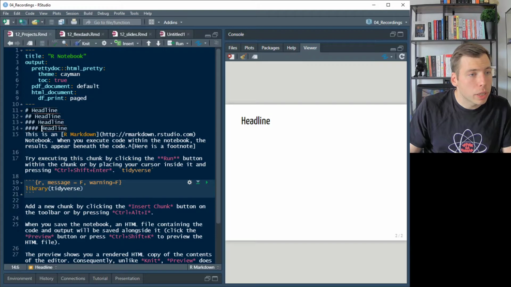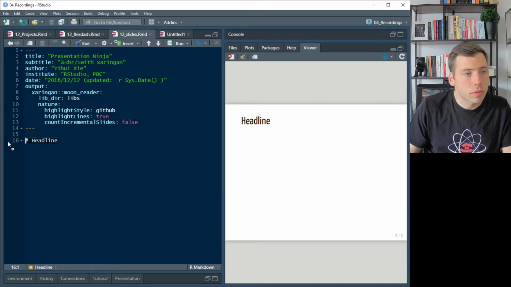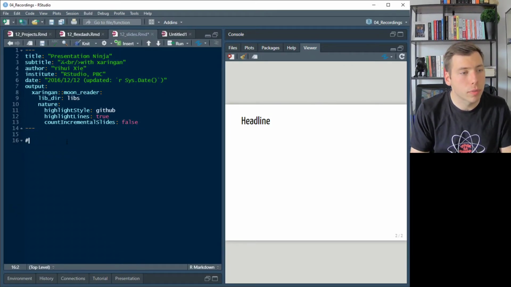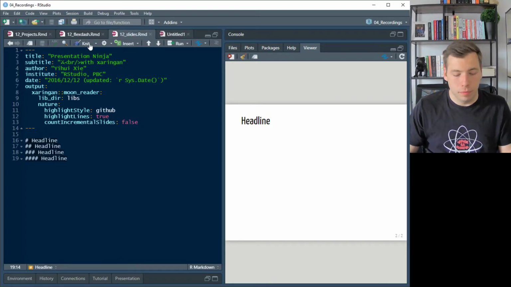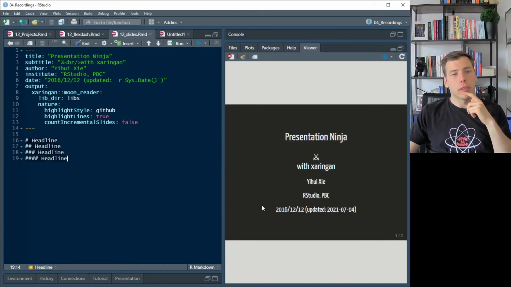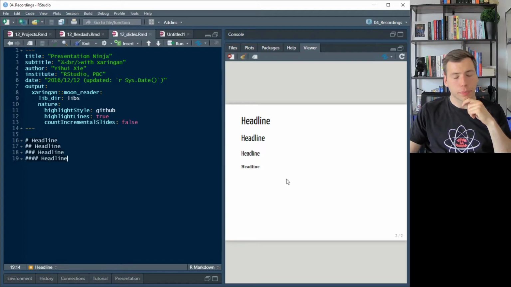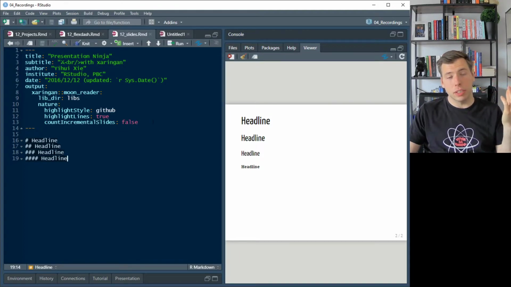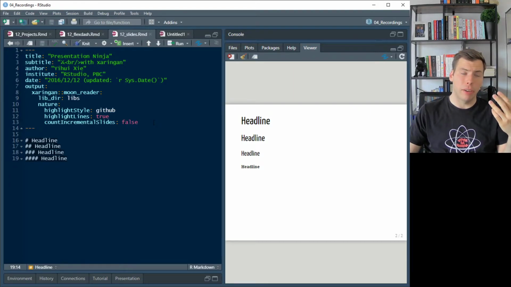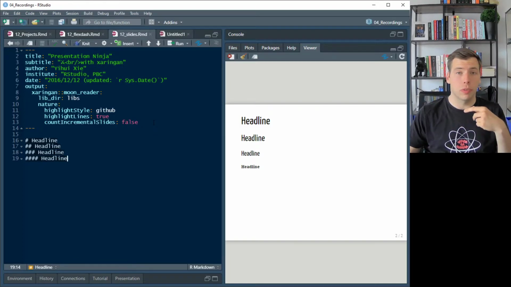If I copy and paste this, I could have that on my slides too. But as you can see here, I always had to reknit the document, which is sometimes a pain, especially if you want to work in real time with your slides, you want to add content and so on,